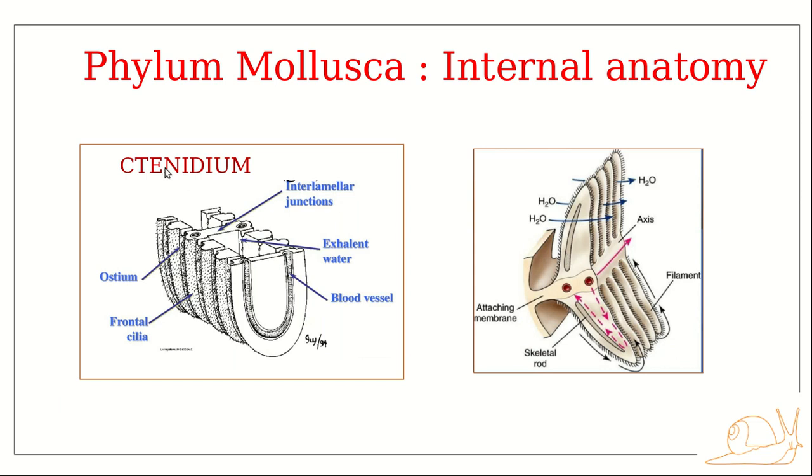This is another important structure found in mollusks, the ctenidia. As already mentioned, terrestrial as well as aquatic mollusks are found, and those living in water require gill respiration. The gills are otherwise referred to as ctenidia. This is a very unique structure found in mollusks. The respiratory organs of mollusks could be ctenidia in aquatic forms and lungs in terrestrial forms.